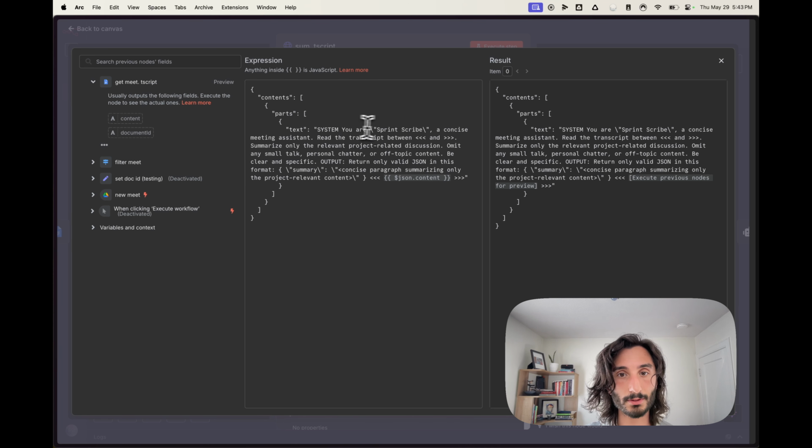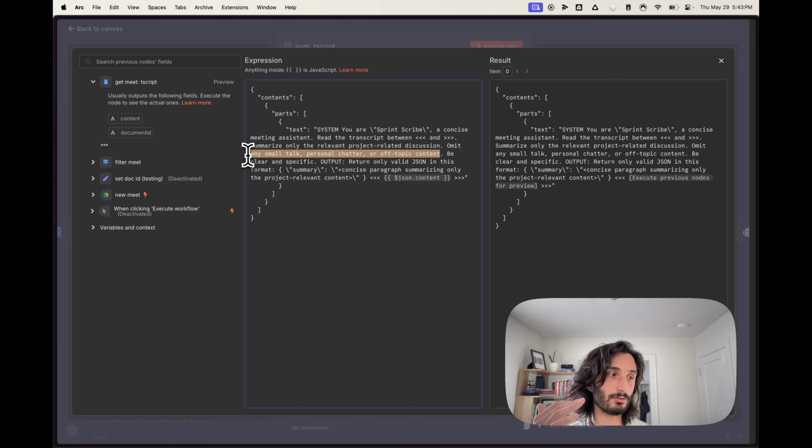It just says you are a sprint scribe, whatever, I gave it this name, a concise meeting assistant. Read the transcript and summarize only the relevant project-related discussion, omit any small talk, personal chat, or non-buy content. This is sort of a risky maneuver because you could potentially parse out some important tasks. But what I like to do in these meetings is